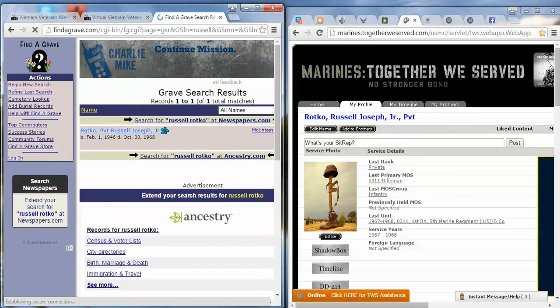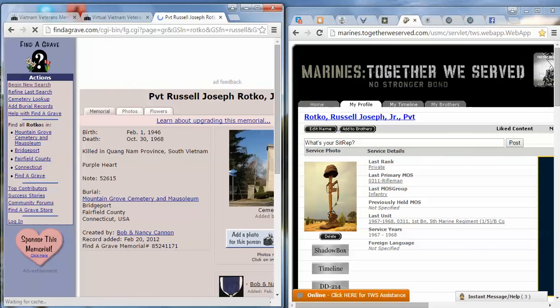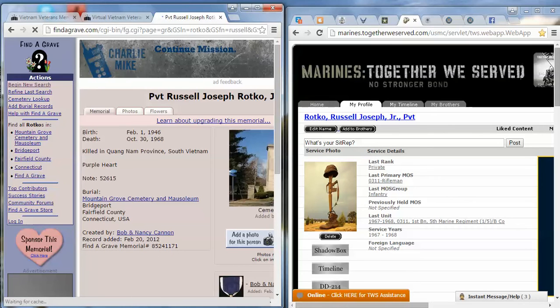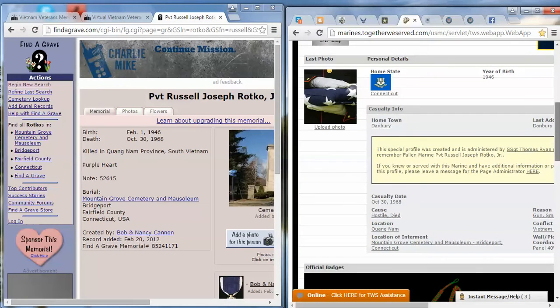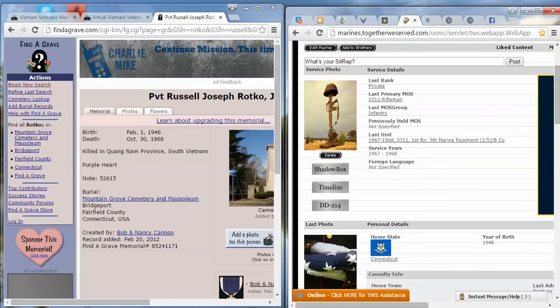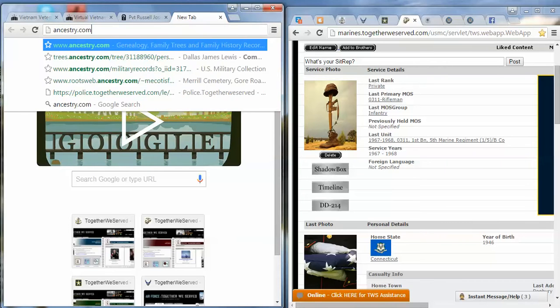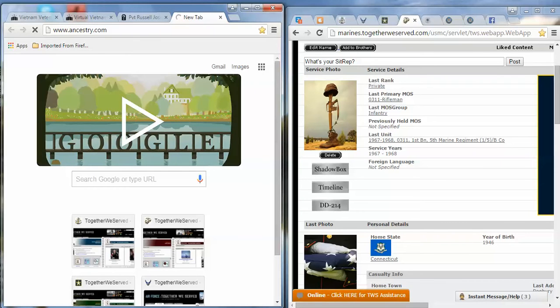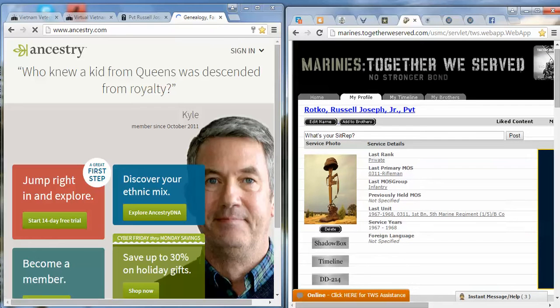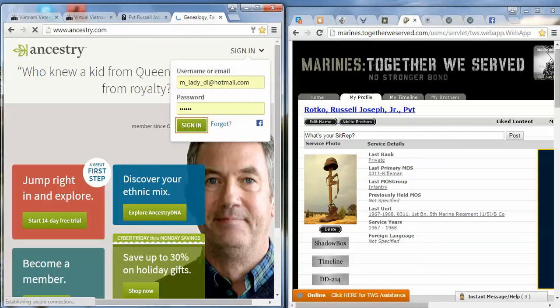Looks like no photo, but we did find his cemetery, which is already on his profile. So, if you wanted to go one more step, you can try Ancestry.com.